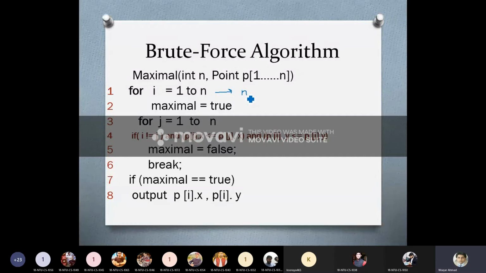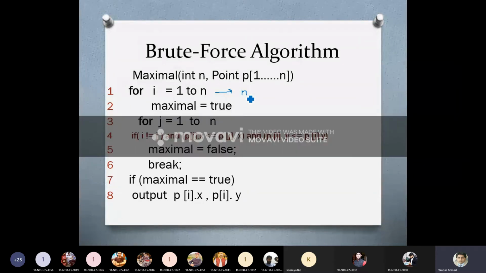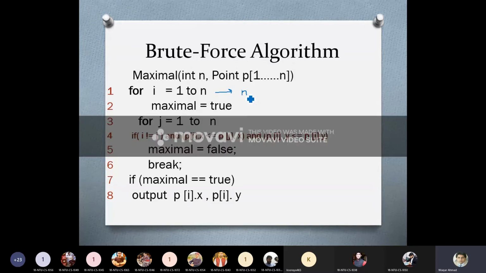because this statement is a loop actually, and it depends on the number of times this loop is going to be executed, and the loop is going to be executed n times. So this statement number 1 is also going to be executed n times. N here mentions the size of the list or the number of laptops inside the list. If the size of the list is 100, it means that statement number 1 is going to be executed 100 times.